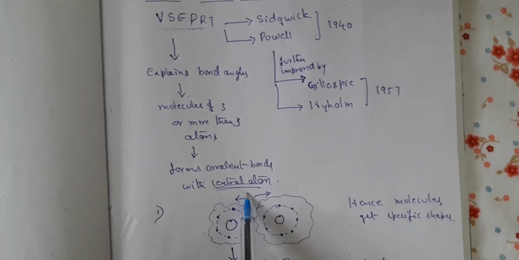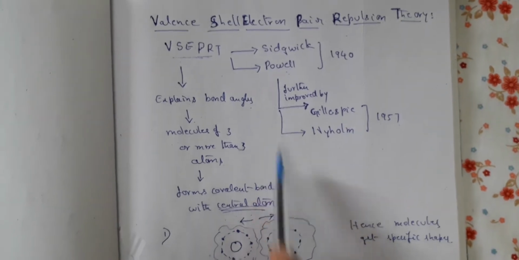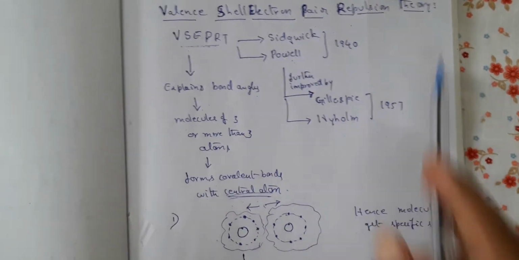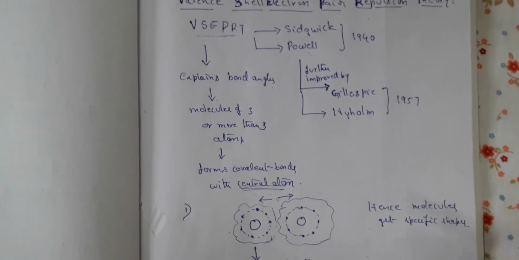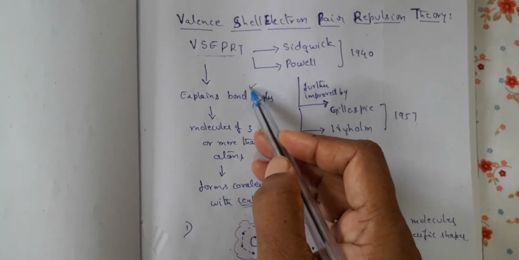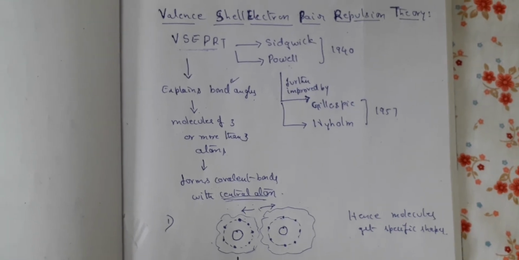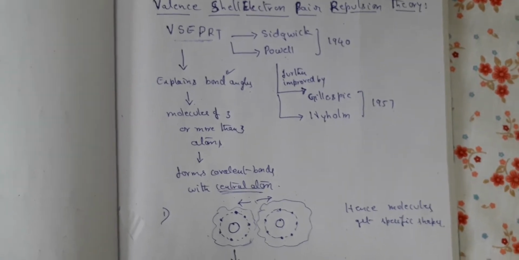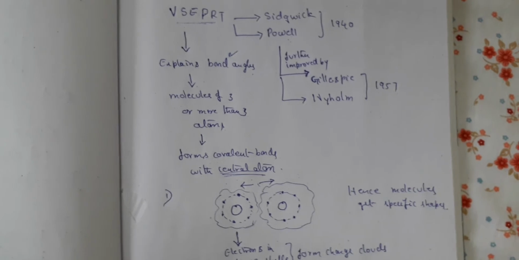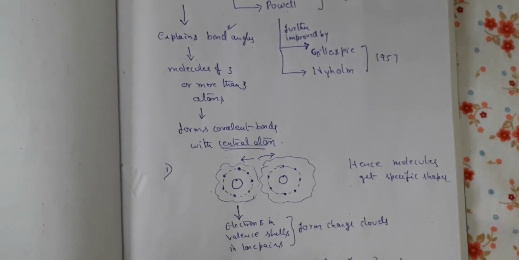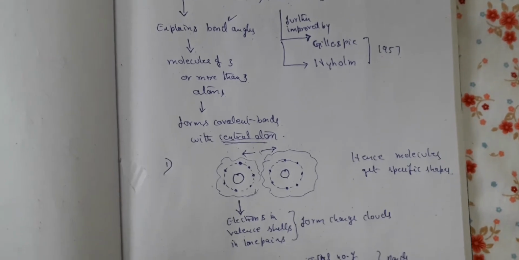So these are the points usually we discuss under valence shell electron pair repulsion theory. The first drawback, the most important one of the drawbacks of the previous rule, is now explained here in this particular theory. Okay, so how is this explained? See, here according to this theory,